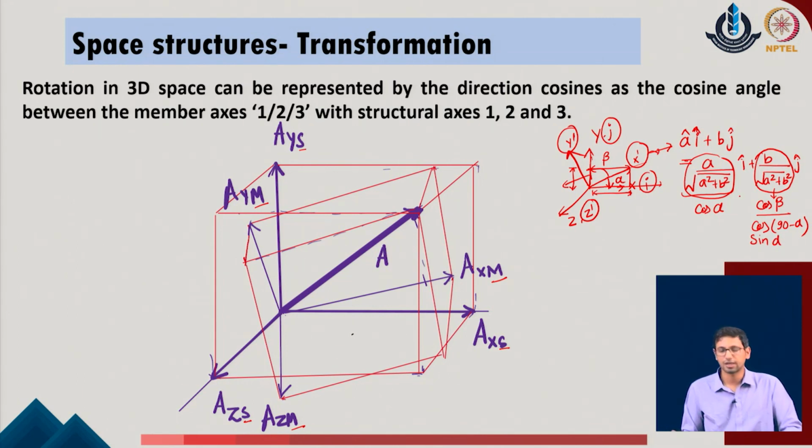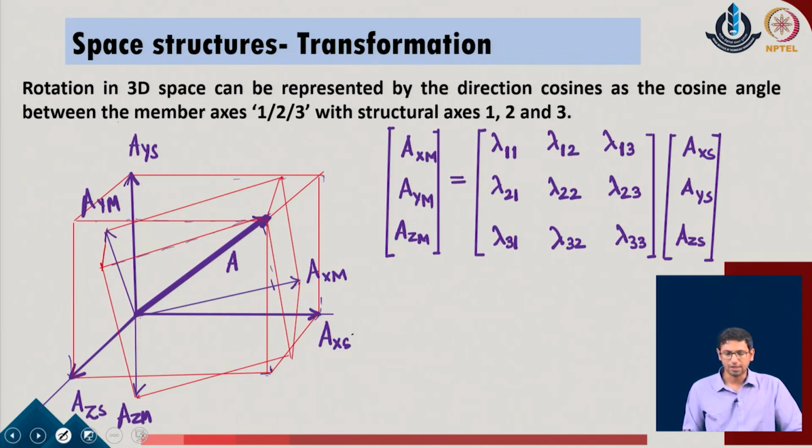But the understanding is that for a general vector described in a space, I can always locate its components in the original reference coordinates by locating the direction cosines of the given system. The direction cosines are the cosine of the angle between the new coordinate and the old existing coordinates of the given system, or rather, the angle between the member axis and the original structural axis typically defines the direction cosines for the given system.